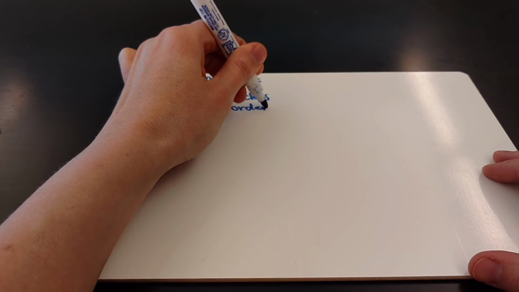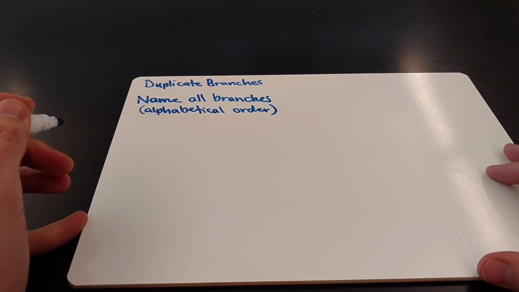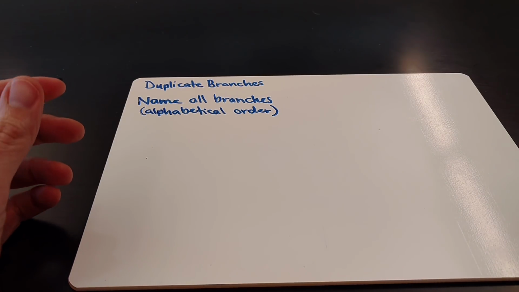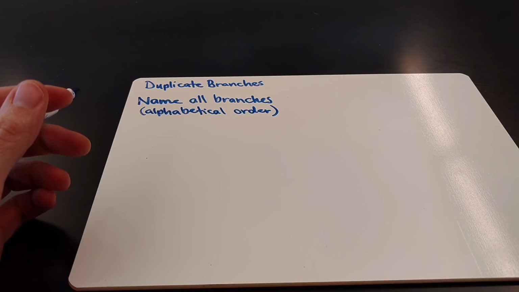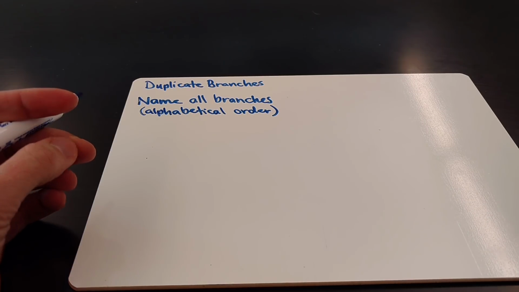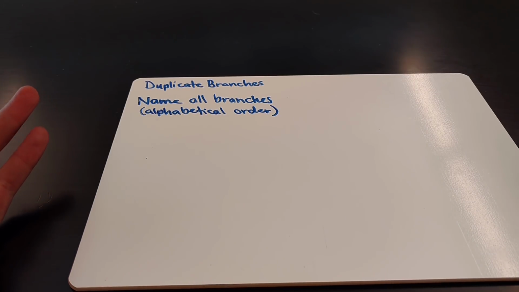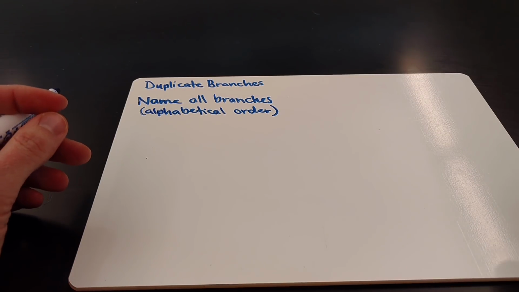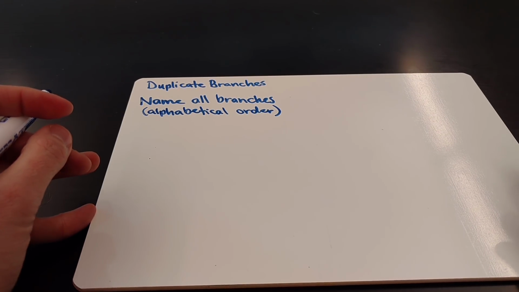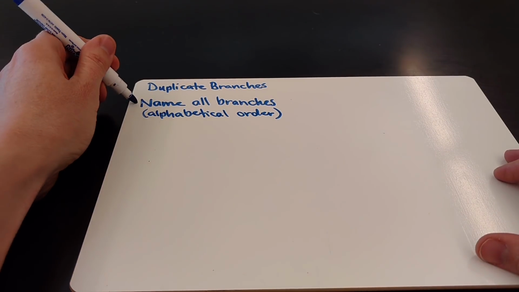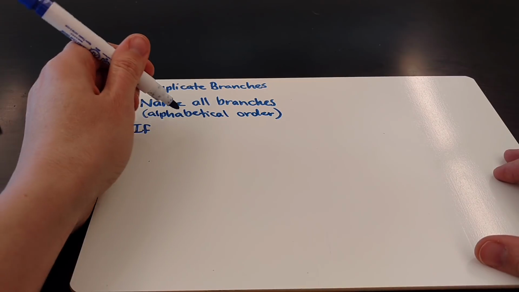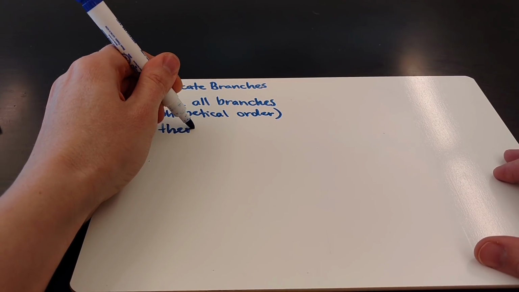Okay, so you're looking at those prefixes, meth, eth, prop, but. That is the piece that matters when you do alphabetical order. We might add another prefix to the prefix, but that part doesn't matter. Alphabetical order by prefix. Okay, name all branches in alphabetical order. If there are repeat branch types,